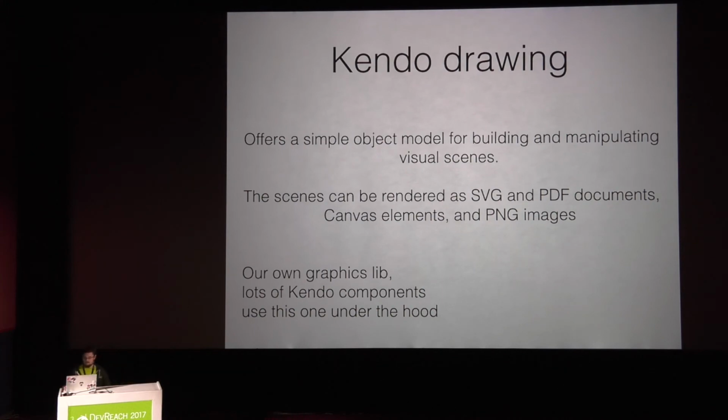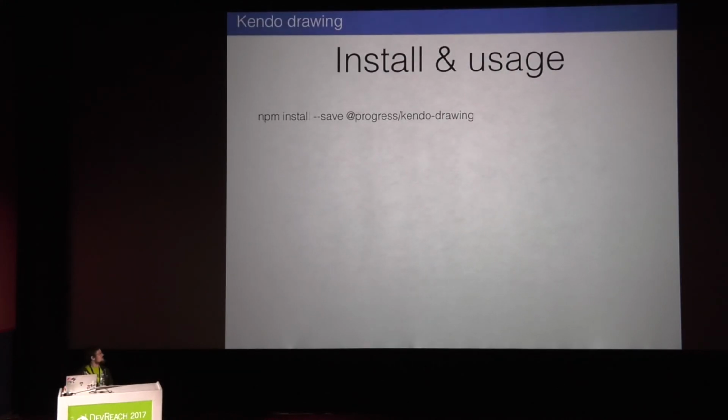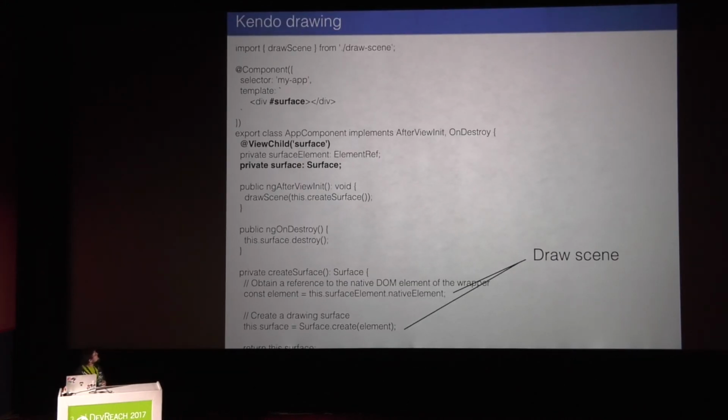What does that look like? So of course, the Kendo drawing library, and let's just jump to how to do it. So here we have a component, and we define a view reference surface here. So this is from the component side. So this surface object, we're able to take it. We are able to dig out a native element by doing the view child bit here, and we put that into the surface create, this static method. It just takes our native element, and of course, when we have all that, we can define what our scene should look like,